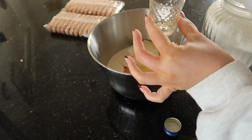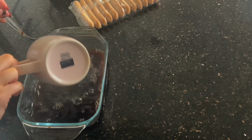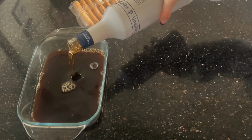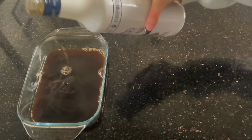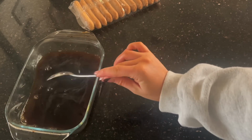So I popped that on my freestanding mixer. I didn't actually film it, but yeah, it just makes a really nice thick mixture. Then you're going to do 300ml of coffee. I literally just used granules, and then I added a little bit more of the liqueur in there as well,